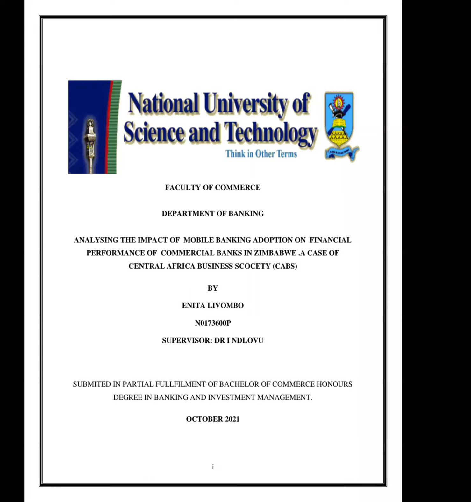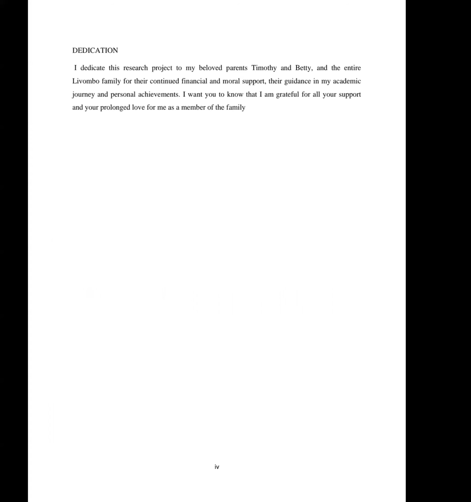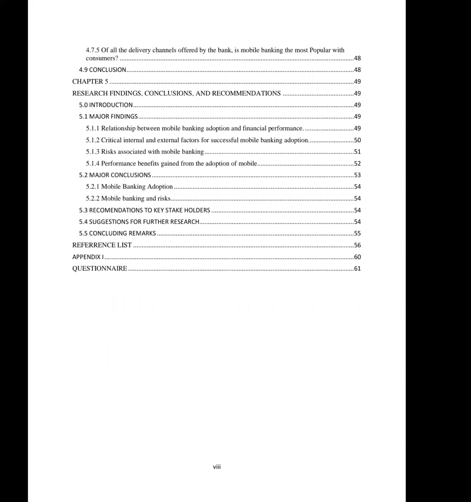That's the first part. And then the project release form follows, filled in by the supervisor and signed by the supervisor underneath with the date. And then the project clearance form is filled in also by the lecturer or the supervisor and signed as a way of clearing the research project for submission. And then next is the dedication. Next is the table of contents. Next is the acknowledgement of